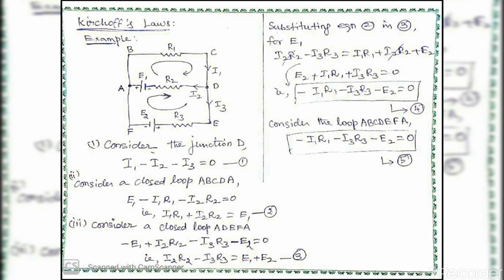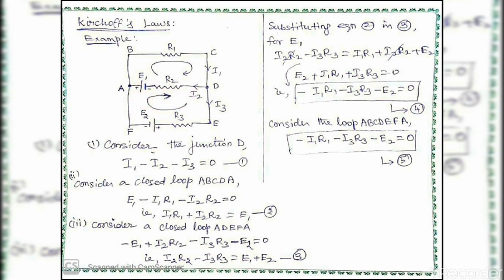Moving from positive potential to negative potential it is taken as minus, so minus I3 R3. And while moving through E2, from higher potential to lower potential, a voltage drop, so minus E2. So this is the concept: a voltage rise means positive, a voltage drop means negative. If we go along with the current direction, there is always a potential drop, so I3 R3 is taken as minus. If you move opposite to the current, it is a potential rise, so taken as positive. So I2 R2 is taken as positive. In a similar way for the EMFs also.